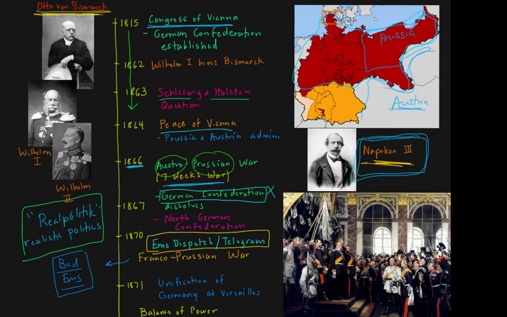However, things go according to plan for Bismarck, because the southern German states see, now they've got a common enemy, as the Prussians and the North Germans do, so all of the German states unite to attack France together. That's what Bismarck wants to happen, and that's exactly what goes down. And they have a quick, decisive war known as the Franco-Prussian War. It's basically over within a matter of months.